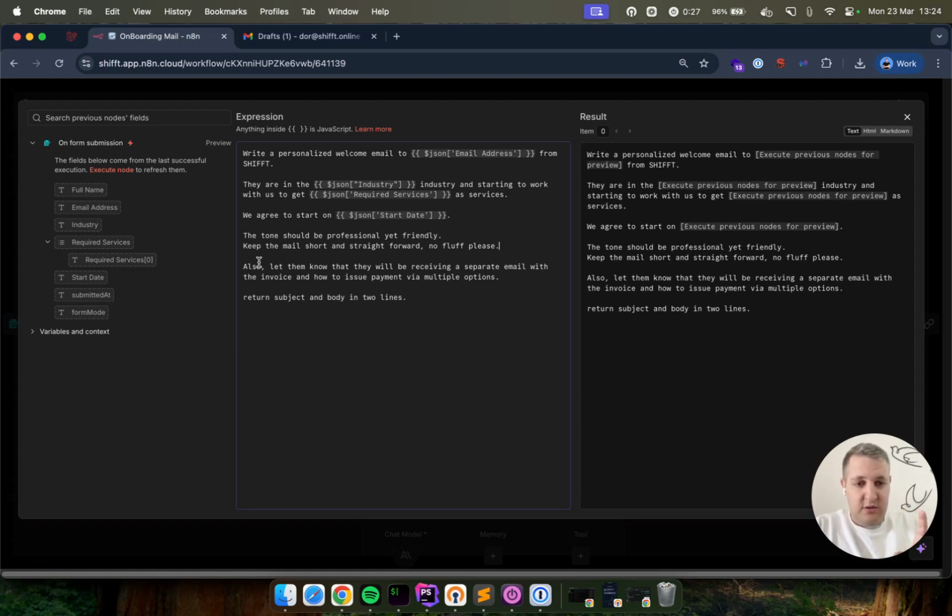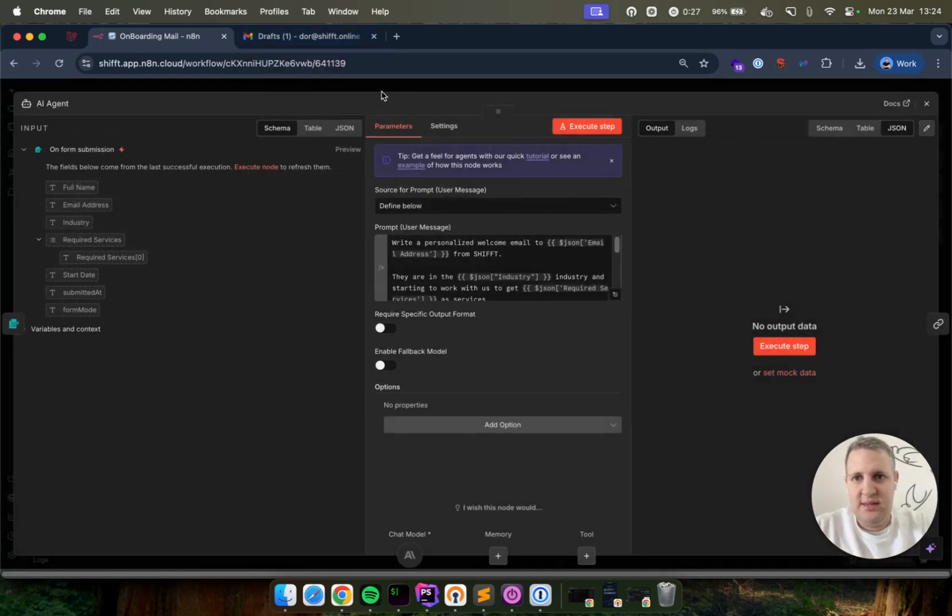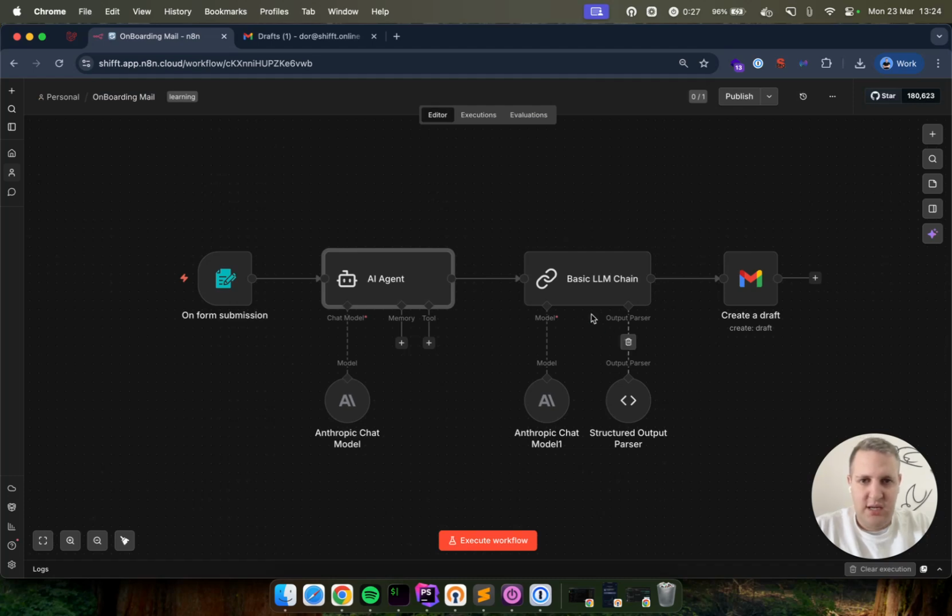So I want to inform the customer that this is going to be from a separate source. The last line says return subject and body in 2 lines because we want this model to send to the next step, which is composing the email. I want it to separate what the topic, the subject of this email, is and what the body is. So if I run this,